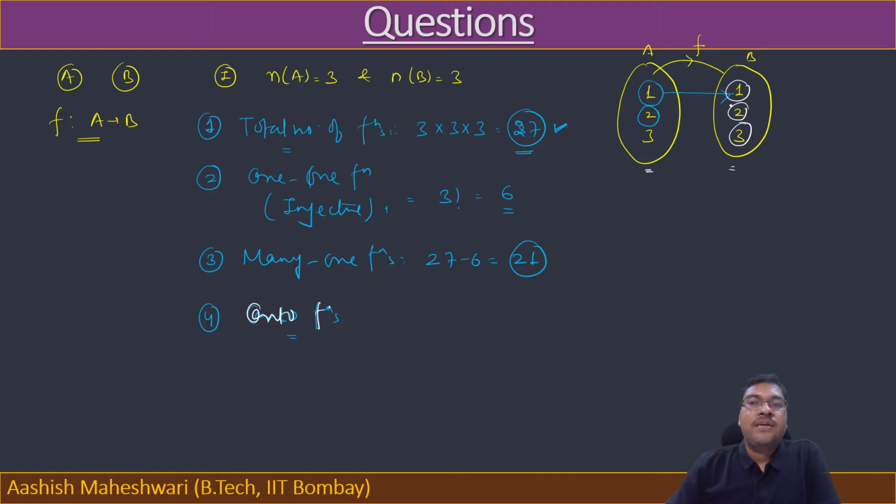Correct? So can we say in how many ways this 1 can be mapped? Again only 1 way, right? 3 ways. Similarly 2 can be mapped in again. Similarly 3 can be mapped in how many ways? So can we say the total number of onto functions will again be 3 factorial, because ultimately you cannot have two elements mapped to only two elements mapped